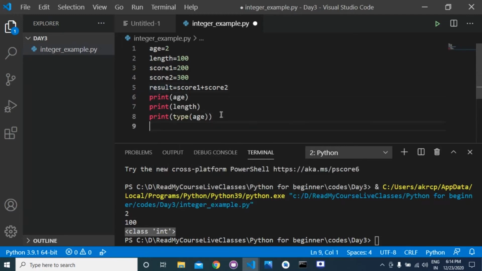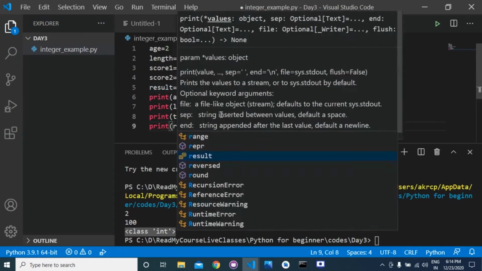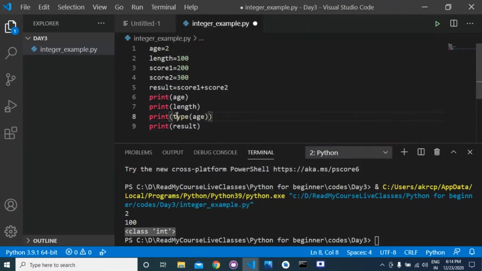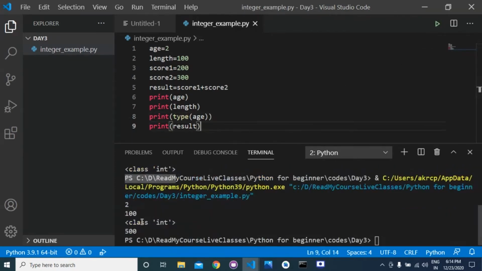So print result, and it will give you the output 500.